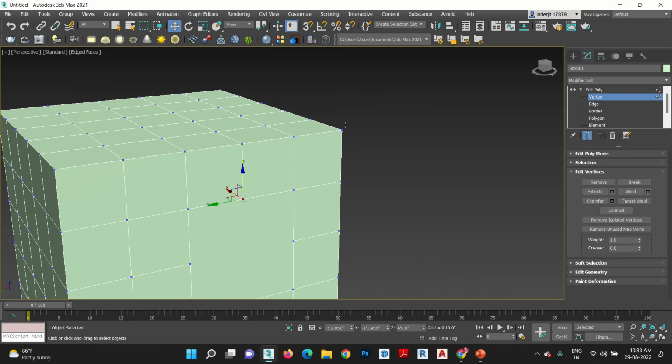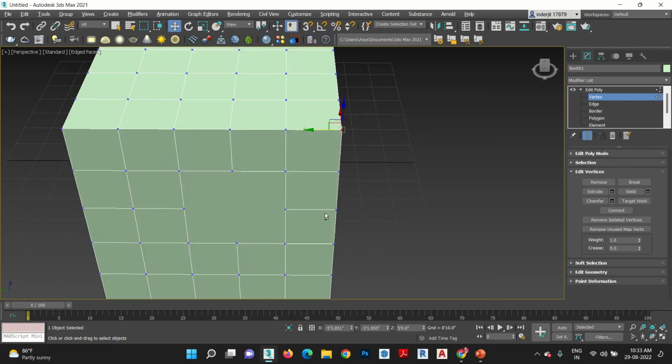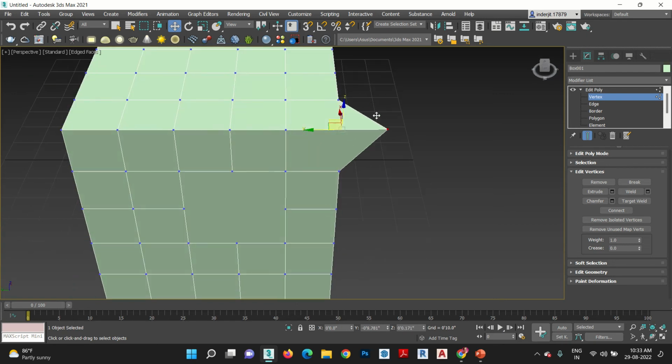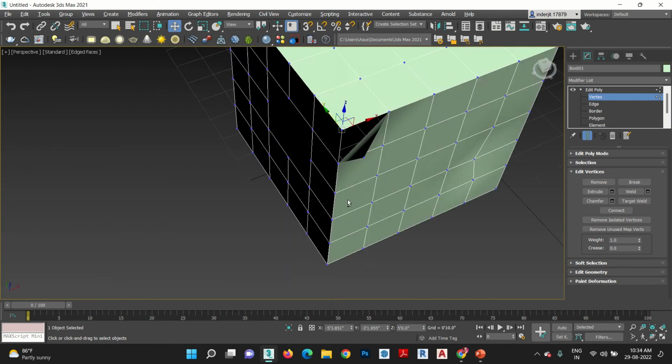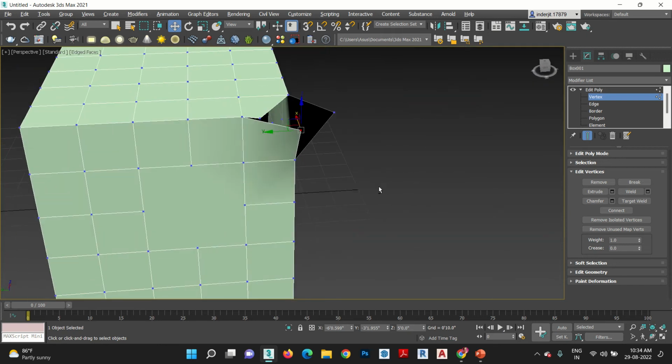Break, the same. Select here. I have just clicked. Now see, every vertex is joined. All three vertices are joined with this. See, right? If I break it, break. Now click here. This is separate. This is separate. And this is separate. If you break it,